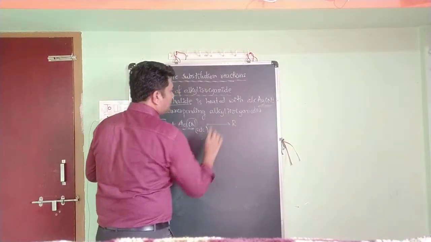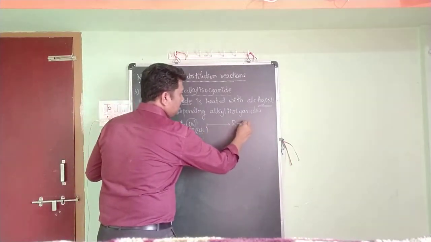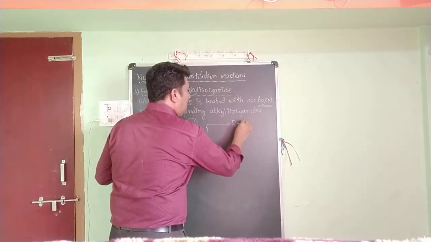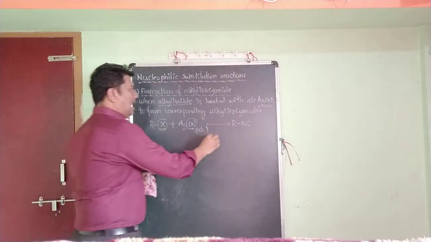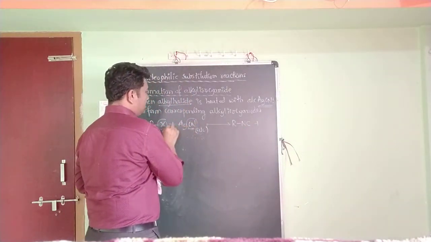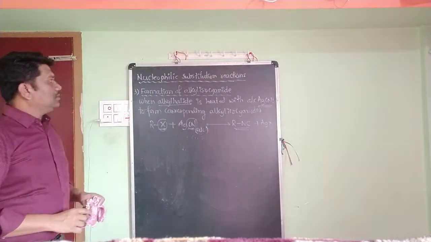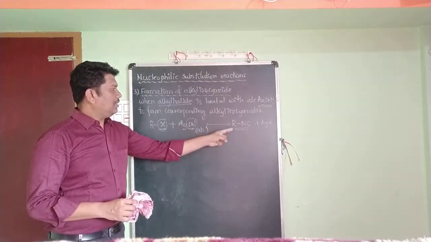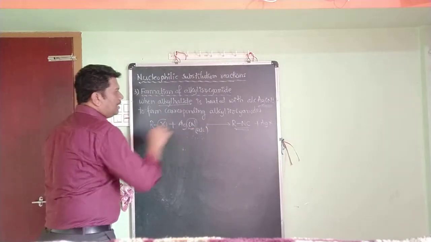So in writing, what you have to do is R single bond. You should not write RCN. You have to write RNC here. NC means isocyanide. RNC, that is alkyl isocyanide, plus AgX. In the second example, formation of alkyl cyanides, you wrote RCN, but here it is RNC. RNC means alkyl isocyanide. So this is the general representation.